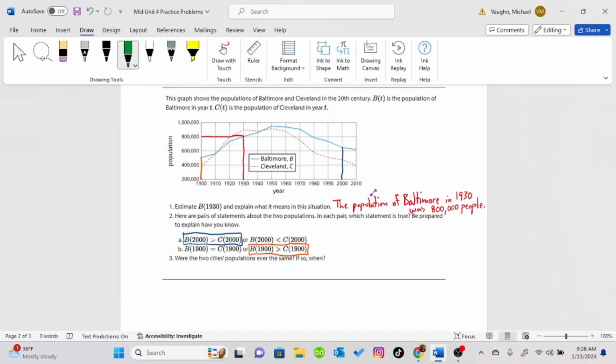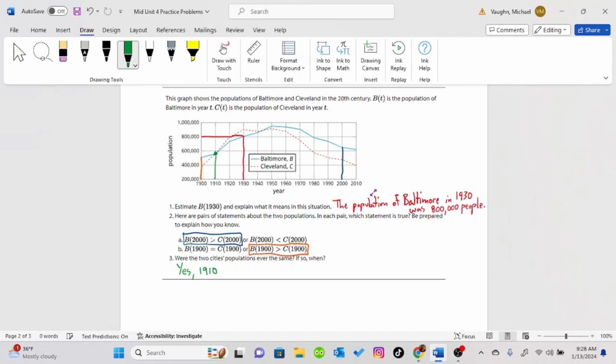And number 3, were the two cities' populations ever the same? If so, when? The populations would be the same anytime the two lines crossed each other. And we can see one point when x was 1910. So yes,